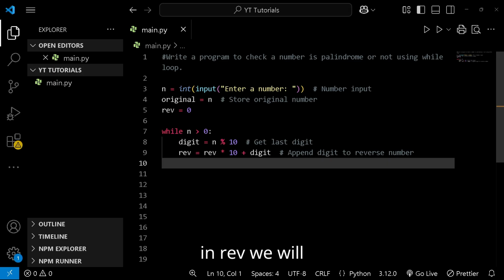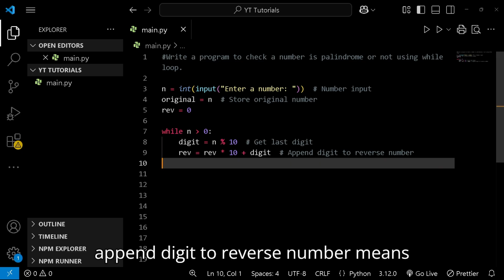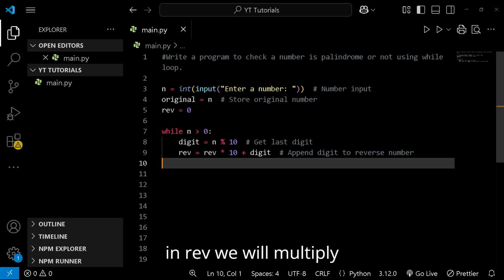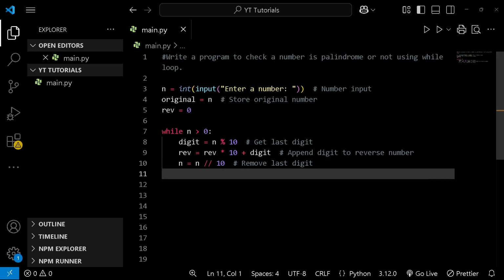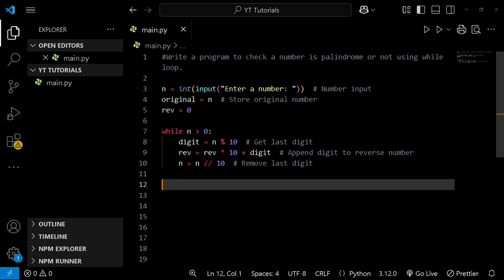in rev we will append the digit to the reverse number, means in rev we will multiply it by 10 and then add that digit so that the number can be reversed, and at the last n equals n floor division 10. So this will remove the last digit and it gets stored to the rev,